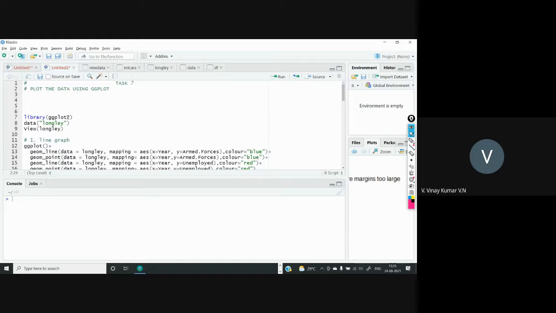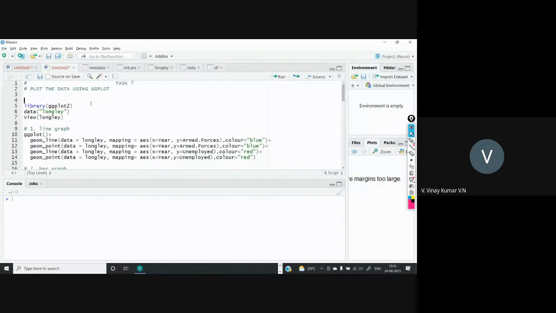Here, the most regular and most important 6 to 7 plotting techniques are what we are going to learn in this session. That is enough as per our course, the basic plotting which we use in regular programming. Those plotting techniques I'll teach you here.